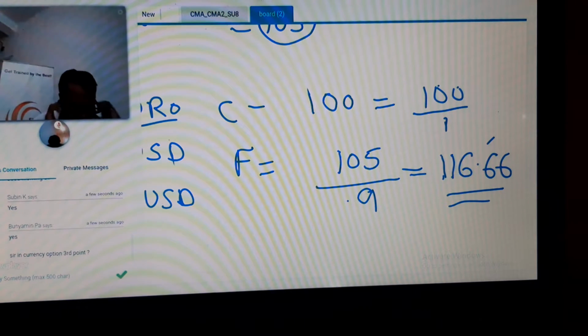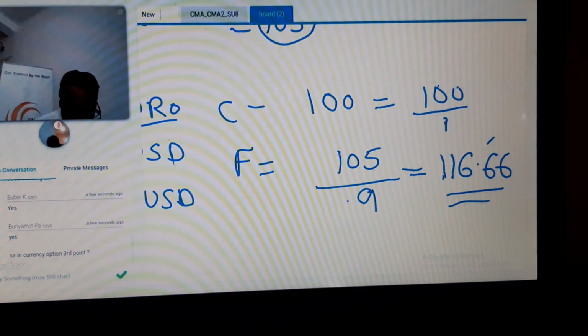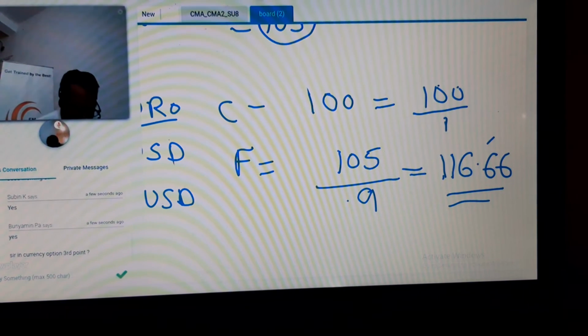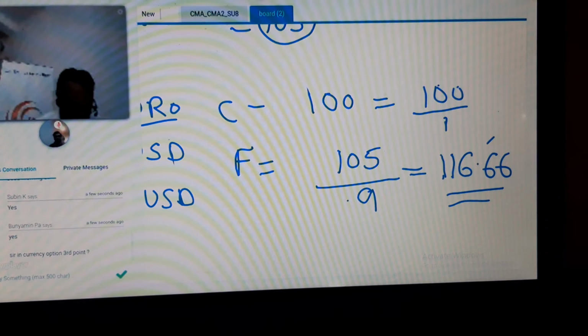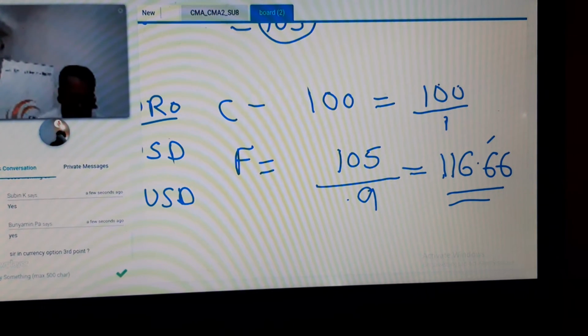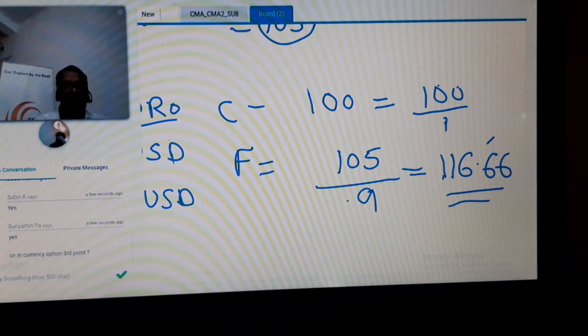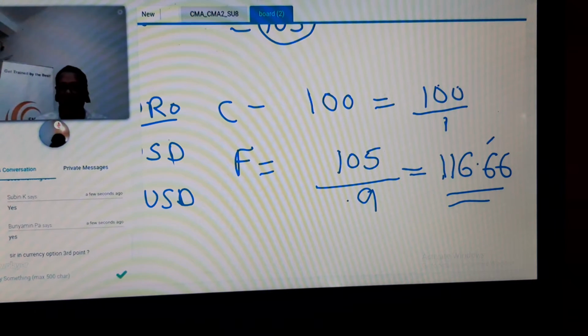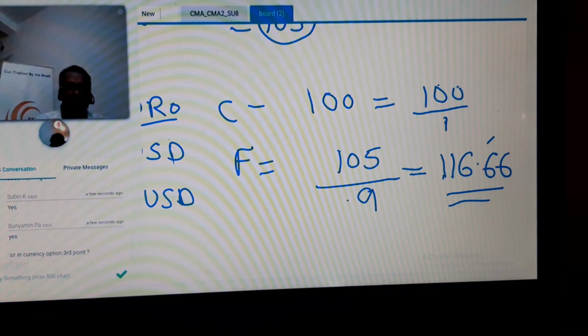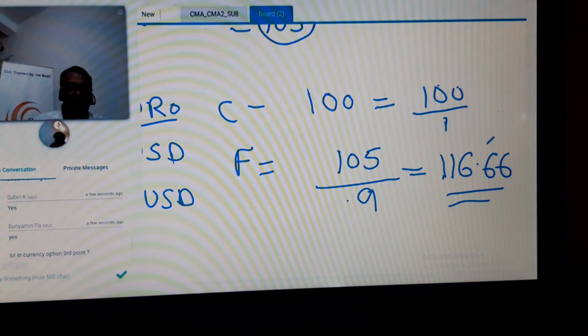US dollar has gained purchasing power. If that is the case, then can we say inflation has recently been higher in US? No, if inflation is higher in US, dollar will lose purchasing power. So here US dollar has gained purchasing power. The options are now B and C. Think about it, question number 23, A, B, C, D, and E.